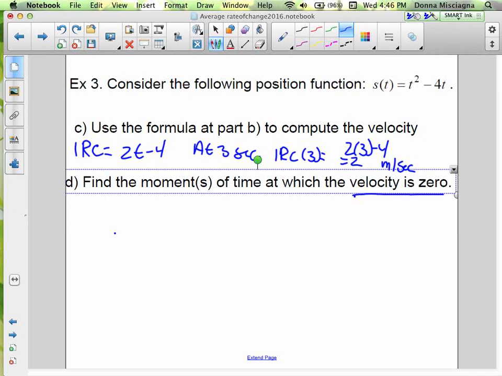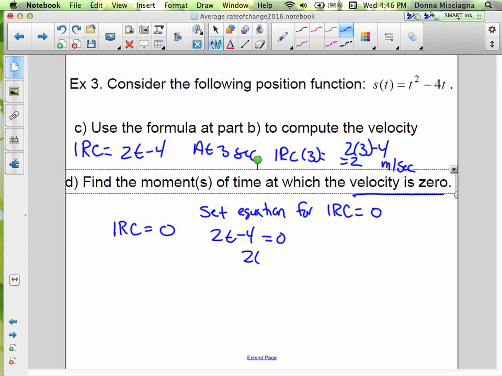So if we're looking for when the velocity is 0, it means our instantaneous rate of change is 0, right? That's when that velocity at a moment in time is now 0. So to find that, we're going to set our equation for the instantaneous rate of change. Okay. And so we have, in a really easy problem, 2t minus 4 equals 0. Add 4 to both sides. 2t equals 4. Divide by 2. So at t equals 2 seconds, the velocity